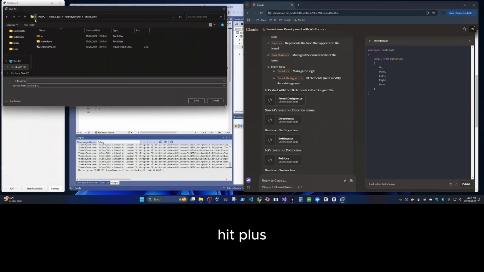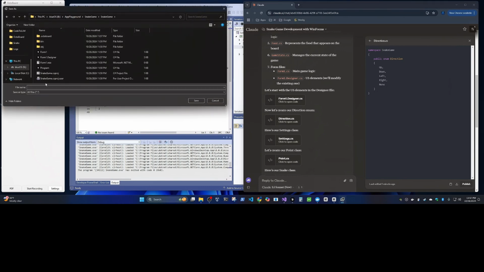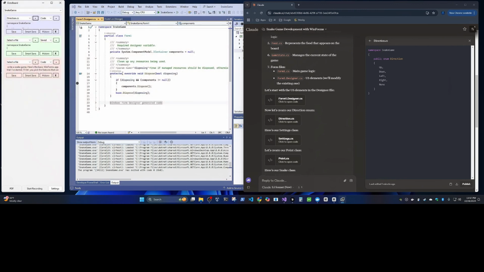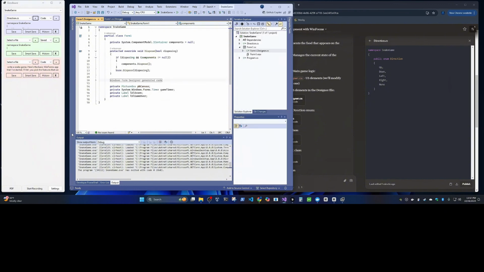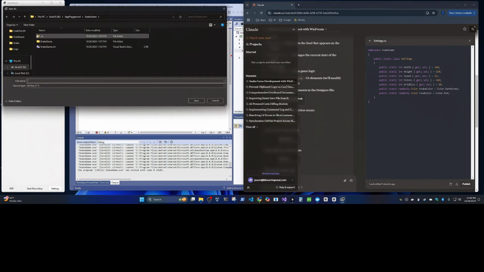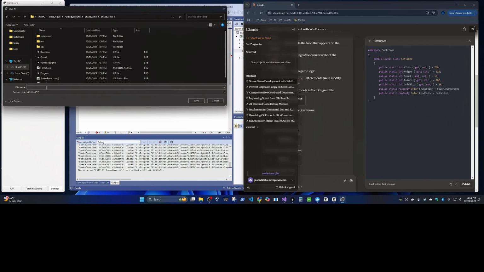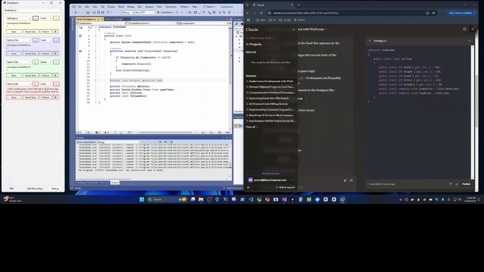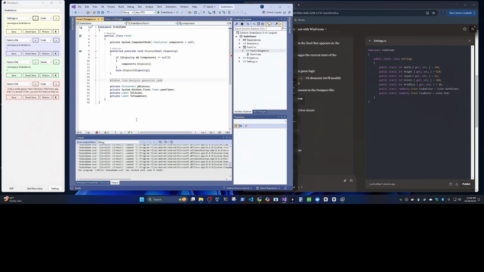Hit plus. And it adds it. And it adds it.